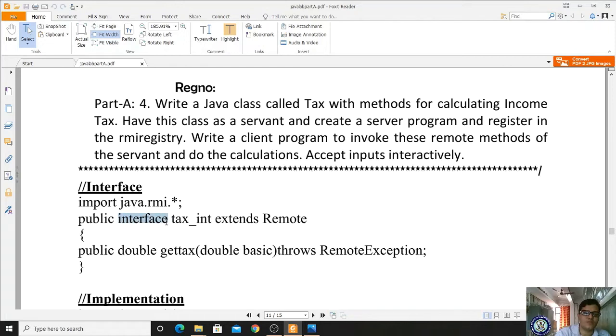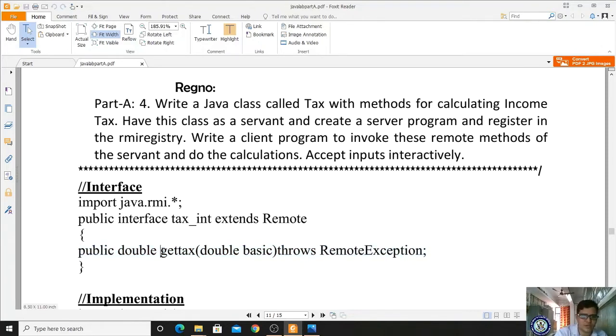What is the name of the interface? It is Tax_Int. This interface is defined with a public modifier, meaning you can access it from anywhere. So Tax_Int extends Remote, it is inheriting the Remote class. Here I am specifying one method: public double getTax(double basic) throws RemoteException. So in the interface you are declaring the method.